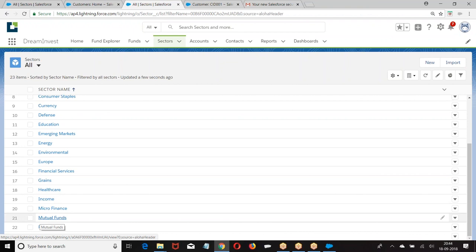So insert, update, upsert, delete, export, export all. How many records will it support? 5 million records. Is it atomic or non-atomic? Is it synchronous or asynchronous? Are the validation rules verified? All the required fields are verified? While inserting any lookup field or a master detail field, what should I give? ID of the parent record. If you have bulk records, somebody has asked me, what should I do? Use VLOOKUP on the Excel sheet.